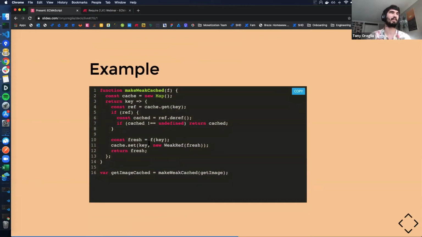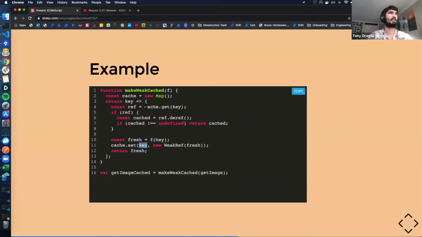This code is probably difficult to understand just in a 30-second look. But you can see here, this is the creation of the weak reference. And then they're setting the results of the weak reference in the cache with a key. And you can see the use of it here.